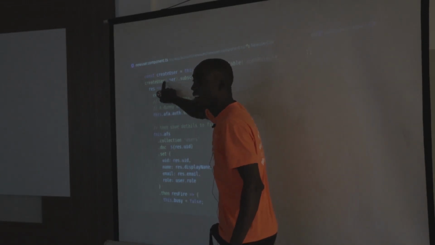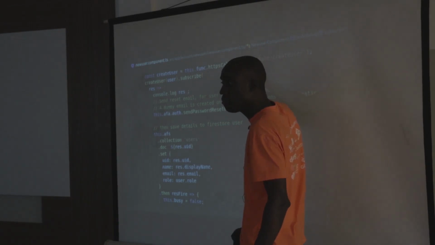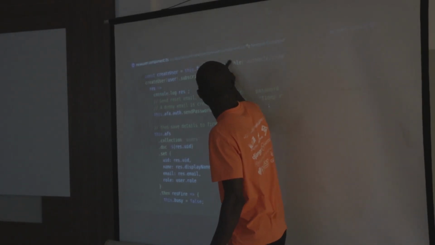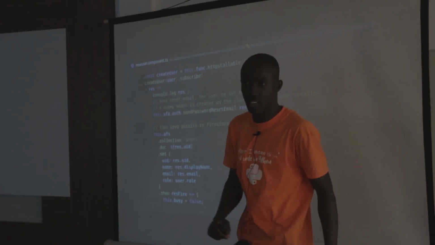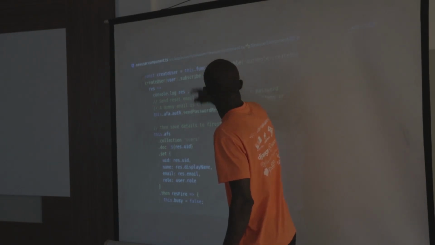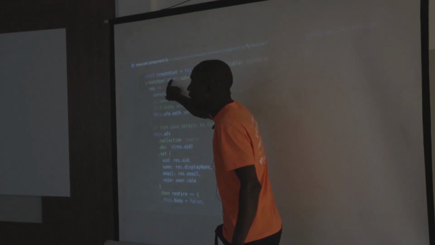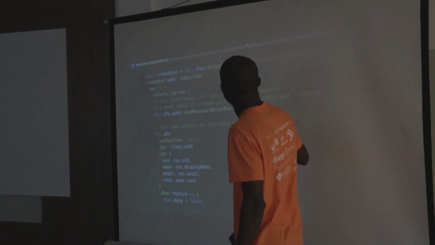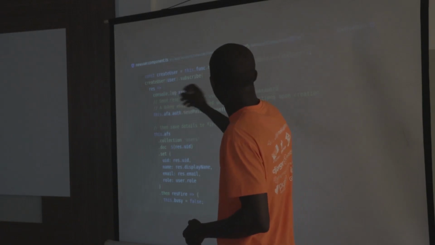We pass that to the callable function here, and this is coming from Cloud Functions. So this HTTP callable will send the request using this data we have to the endpoint. That data goes